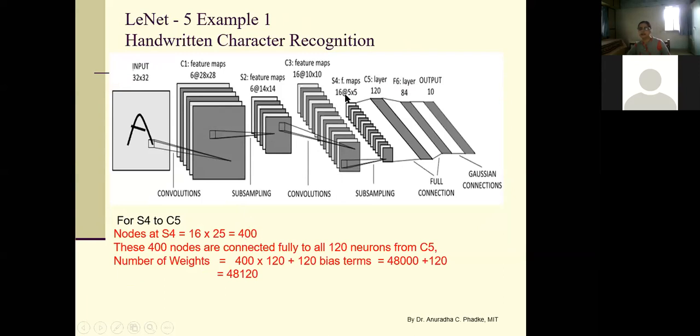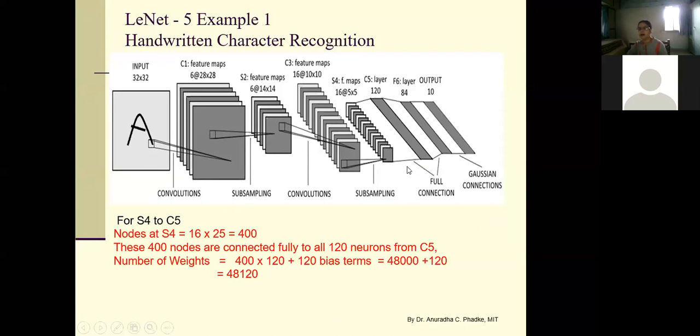Getting this? Here your output size is 16 by 5 by 5. So 25 multiplied by 16. When we flatten this, we will get a total of 400 nodes. And after this flattening operation, your network is similar to your conventional neural network. So here there are 400 nodes after the flattening operation.